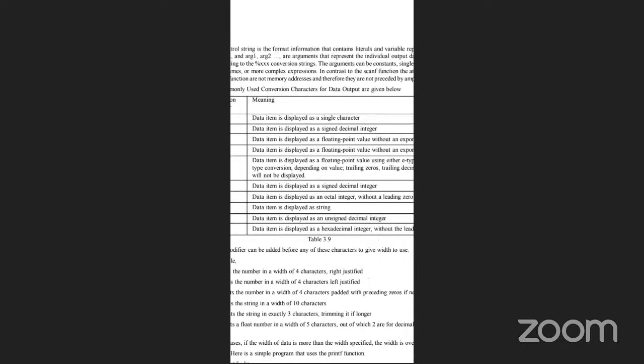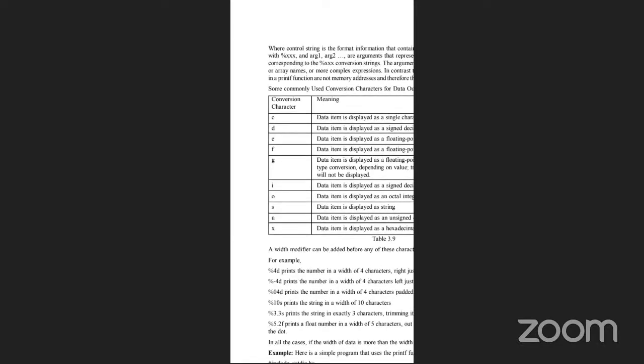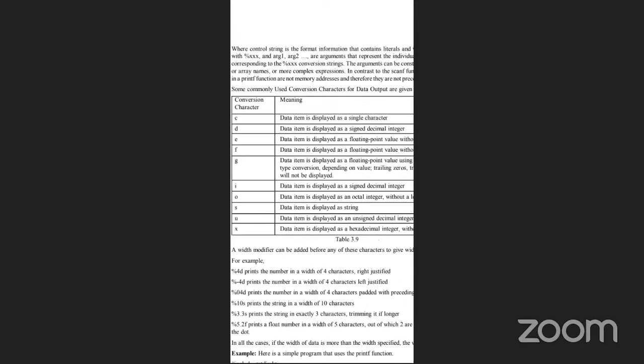Next, where control string is the format information, containing certain literals and variables represented by percent x, and arg1, arg2 are arguments that represent individual output data items corresponding to the percent x conversions to strings. The arguments can be constants, single variables, or more complex expressions, in contrast to the scanf function. The arguments in the printf function are not memory addresses, therefore they are not preceded by